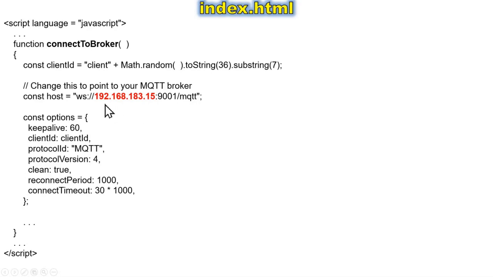In this definition of the method or function connect to broker, simply replace this IP address 192.168.183.15, which is located in the file index.html.